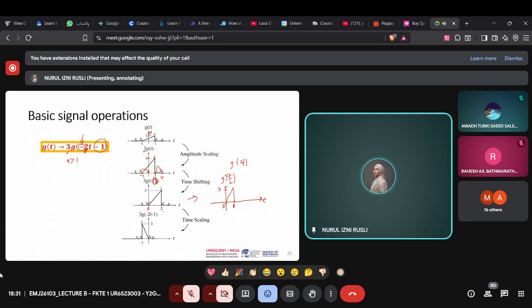So next, then you do this one, which is you're having minus g minus 2t. So you invert your signal here. So instead of t minus 1, now you have to reverse. 0 remains at 0 and amplitude remains the same, which is 3. So now you are having this type of signal, which is